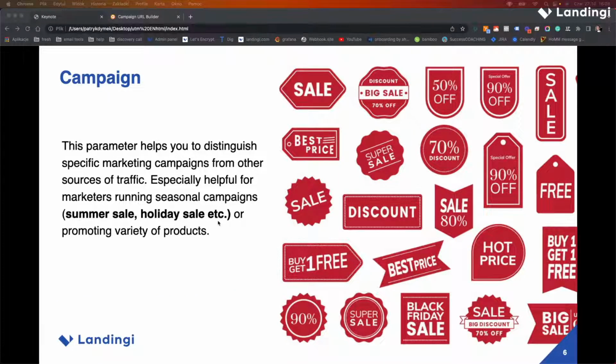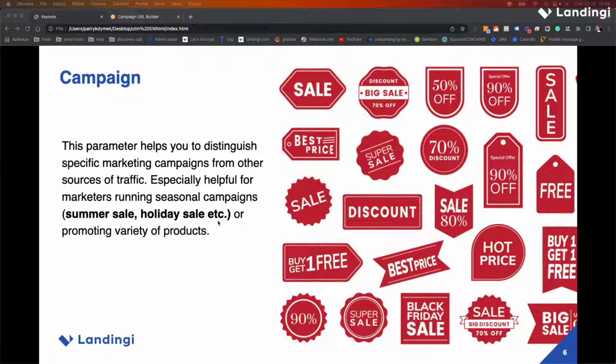So the UTM campaign parameter helps you distinguish one marketing campaign from another, especially if you are promoting a variety of products or running seasonal campaigns like summer sale, holiday sale, winter sale, etc. The campaign name will help you distinguish one campaign from another.